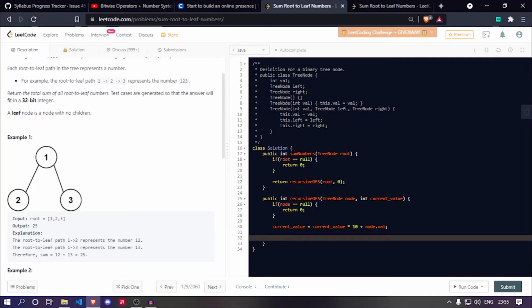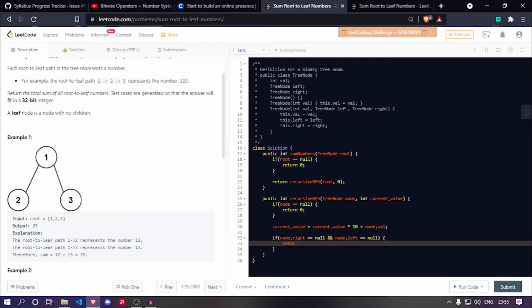After calculating the current value, if node.left and node.right are both null, then we return the current value.